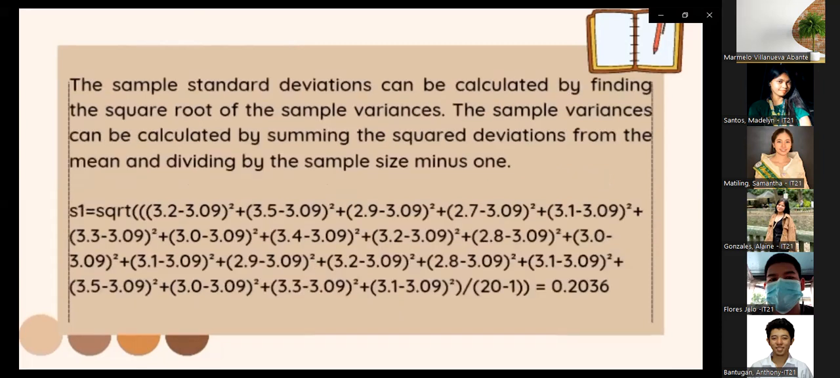The sample standard deviations can be calculated by finding the square root of the sample variances. The sample variances can be calculated by summing the squared deviations from the mean and dividing by the sample size minus 1. s1 equals the square root of (3.2 minus 3.09) squared plus (3.5 minus 3.09) squared plus (2.9 minus 3.09) squared plus (2.7 minus 3.09) squared and so on, divided by 20 minus 1,